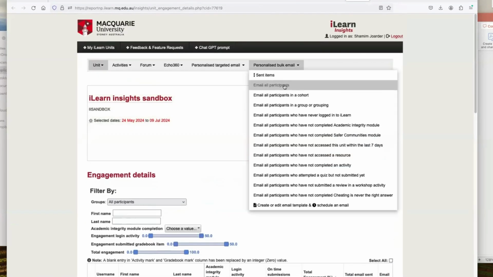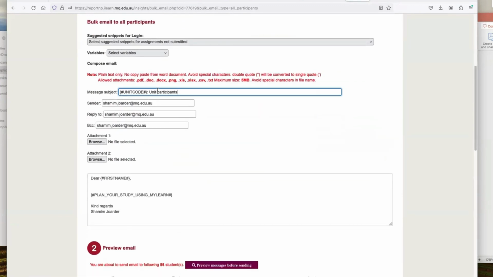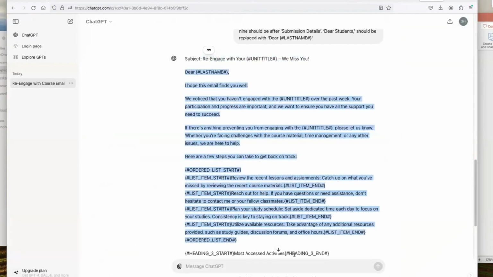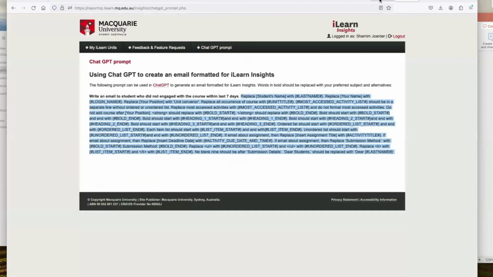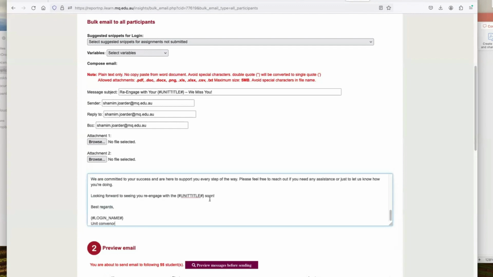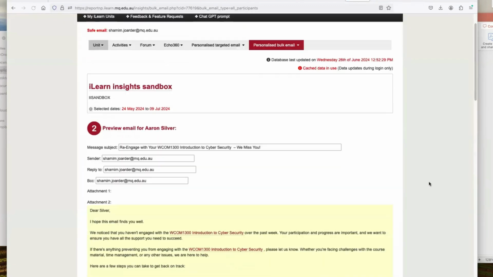Suppose this one, email to all participants. This is a live unit, so this will give you a better demo. So I use this one. Instead of this, I put it here. This one has some data, I think. So preview. If I go to preview,